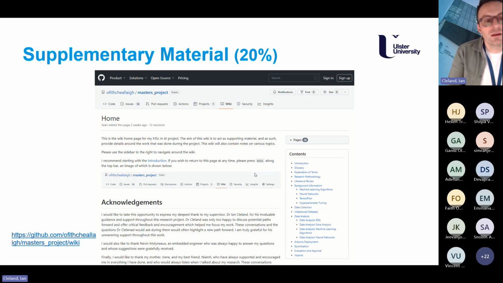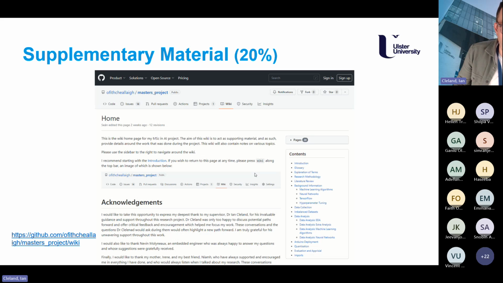Yeah. So there's no set structure. I have provided a number of examples on the Blackboard Learn area. There's two ways that people have done this in the past. Either it's a PDF document, that I would say would be the most common, or some people have done more intricate online repositories like this one that I'm showing on screen at the moment.